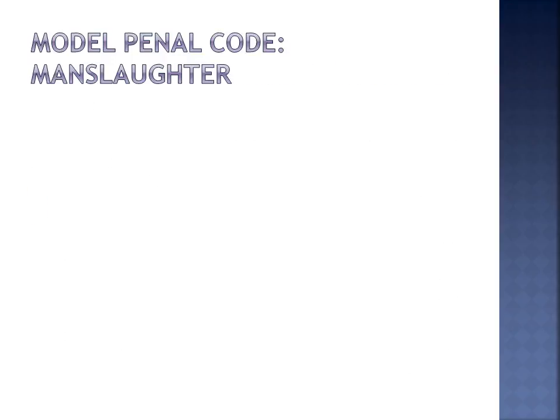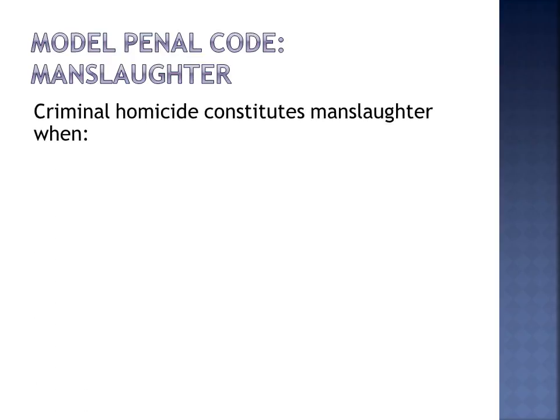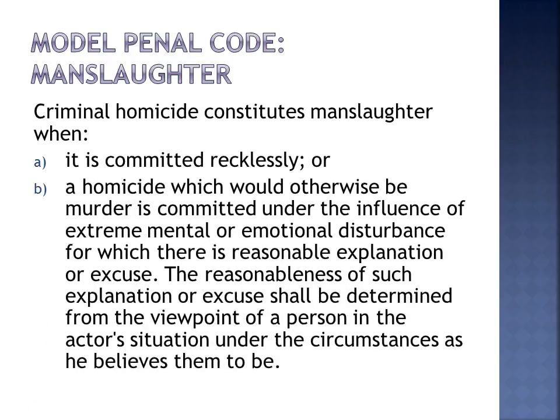The Model Penal Code's manslaughter definition is two parts, and so there are two ways that you can commit manslaughter under the Model Penal Code. The most common way is if you commit a homicide, so if you cause the death of another human being recklessly. So this is ordinary recklessness. It's not recklessness with extreme indifference to human life. So if you were aware of the risks, you ignored those risks, and someone died, then you're on the hook